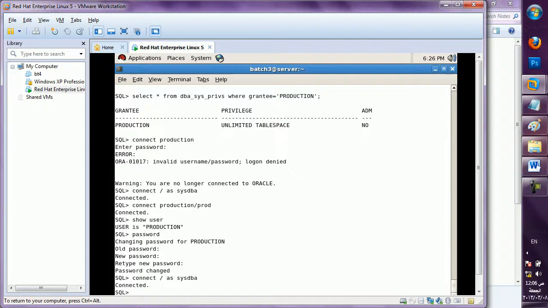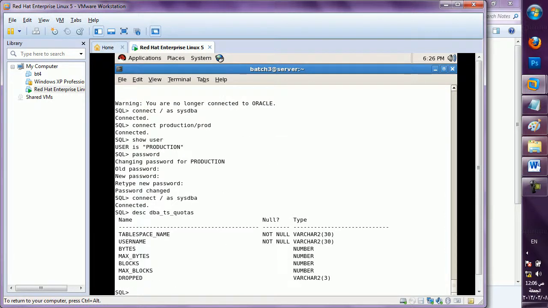How to check the quotas, I have shown you. Describe dba_ts_quotas. This is the table, these bytes show how much quota you are using, all those things. I have just checked. With the sys user I can change the password of a user.